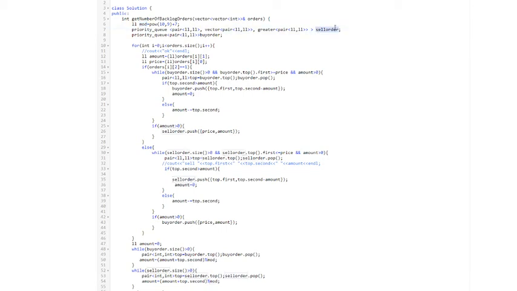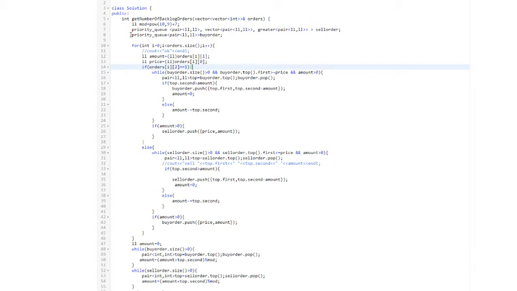So this is a min heap. The sell order should be a min heap, right? This is how you construct a min heap in C++ using STL, and the buy order should be a max heap, right? Now you iterate through all the orders and process them. I'm iterating over them. This is amount, this is price. If the type equals 1, this means a sell order. So if it's a sell order,